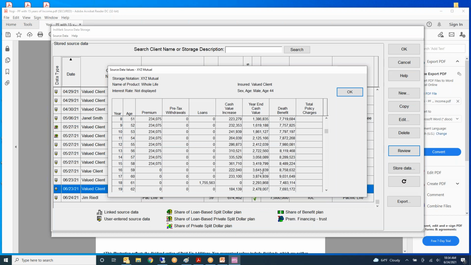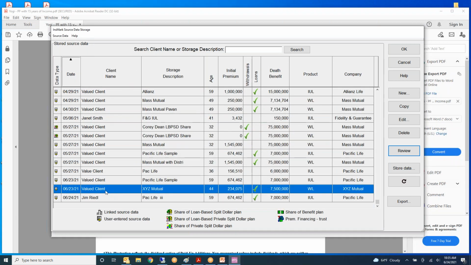So here I have already added the insurance source data in the source data storage area, so it is ready to be used, okay? This is the same policy, which is now in the InSmart system as source data, which was copied and pasted from the PDF from the carrier. So I picked this one. It's highlighted blue, which means it's selected. And then you click on OK to load the